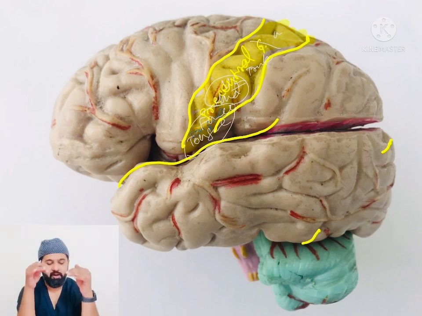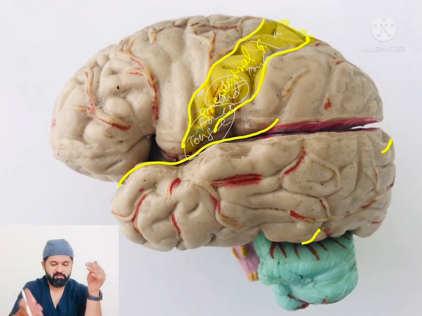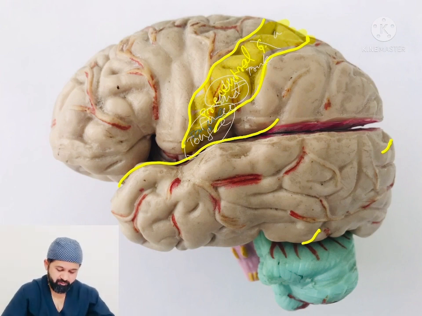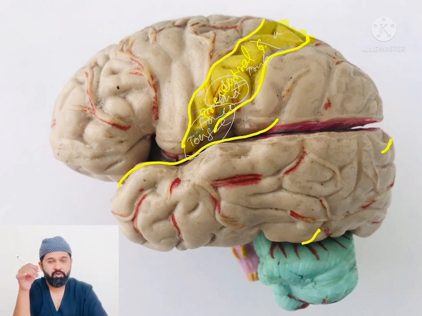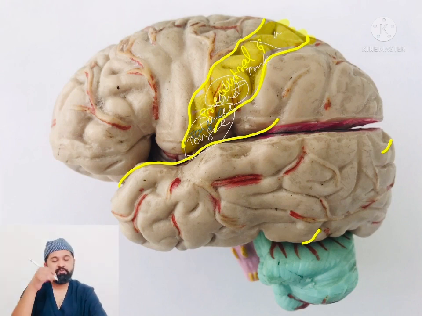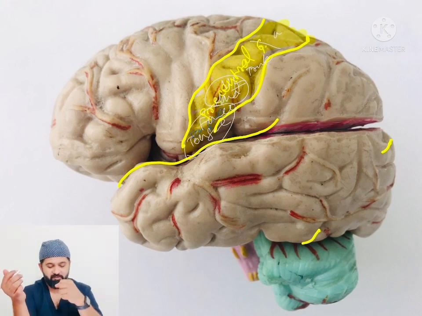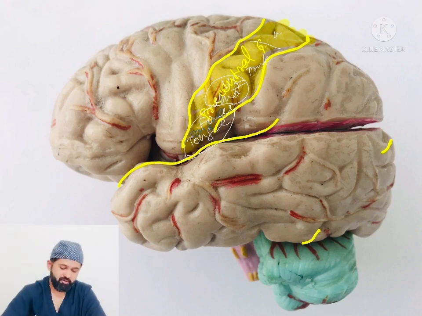And the feet and the perineum go much on the medial side, that we'll see when we are discussing the medial surface. So this is the primary motor area. Mind, this does not directly connect to specific muscles. It produces specific movements. Like the stimulation of this area will produce flexion of the elbow, but it does not supply the specific muscles. That part is done at the spinal cord level. So this is the primary motor cortex.